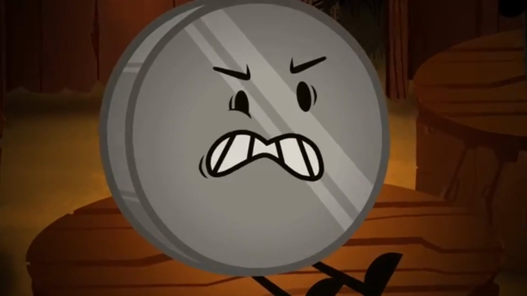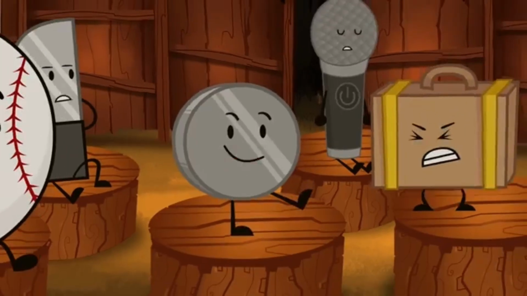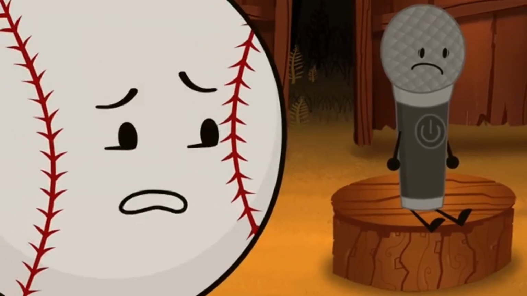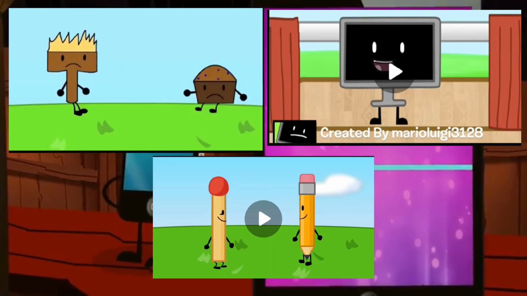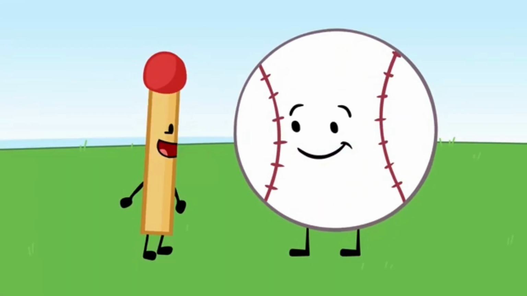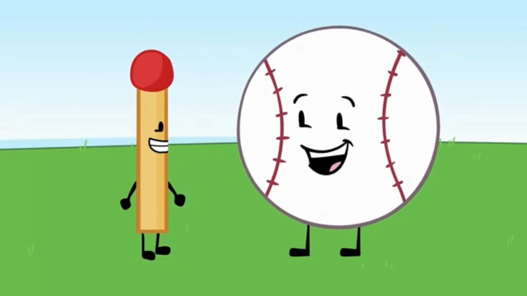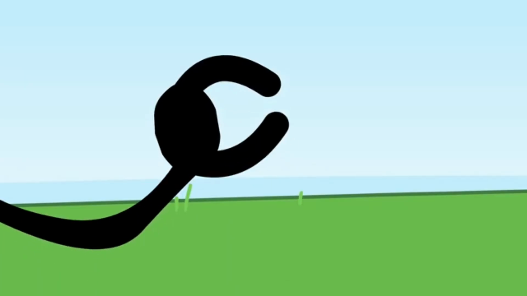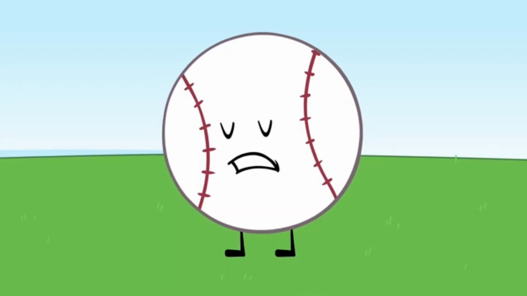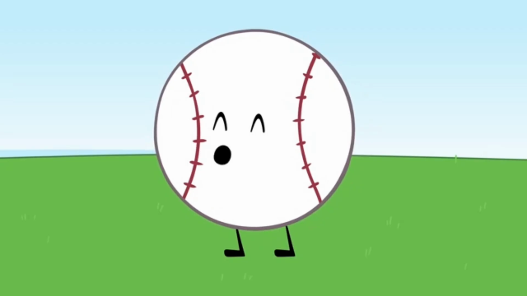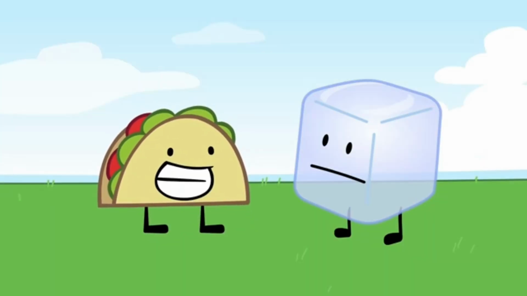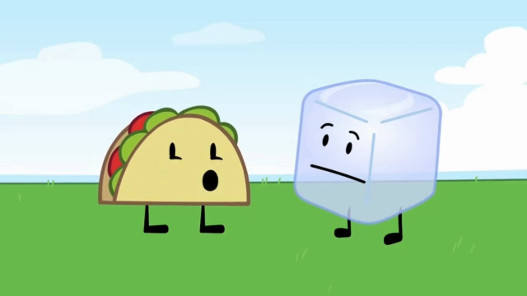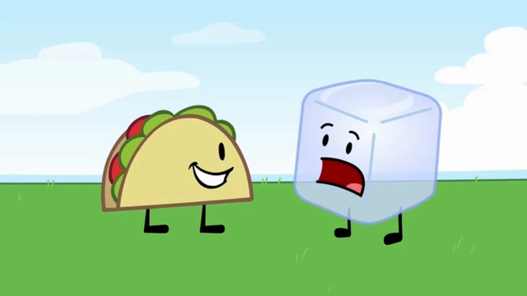Also, you don't have to have a giant production team to make an object show. Reminder, this is what object shows used to look like back in the day. Like I said, you don't need a giant production team to animate your show or even have voice actors. So if you want to make an object show, then why not? You could literally use any app to make your show: Flip-a-Clip, CapCut, Adobe Animate, PowerPoint, Flash, if you still have that. You could use anything to animate your show with.